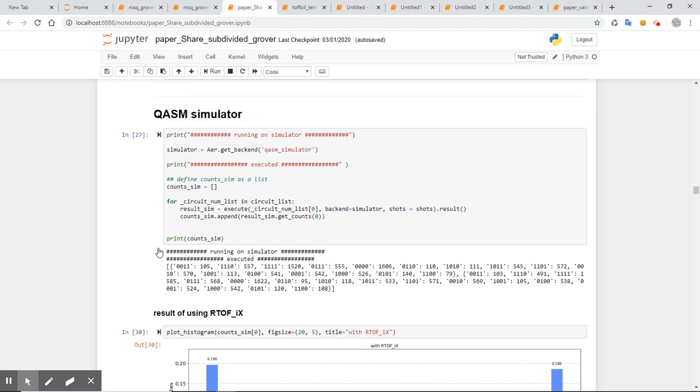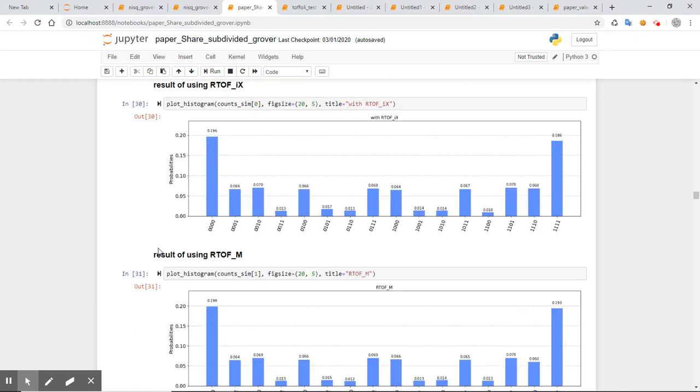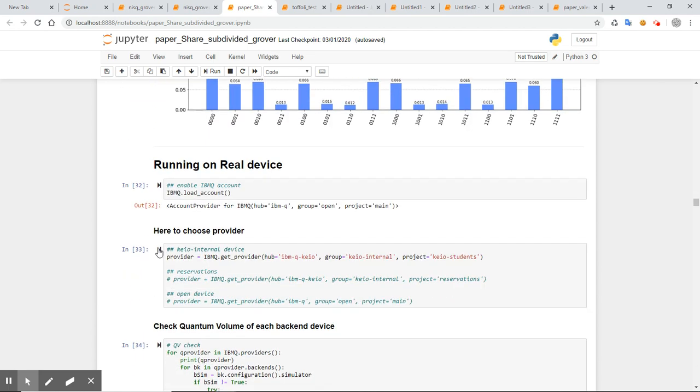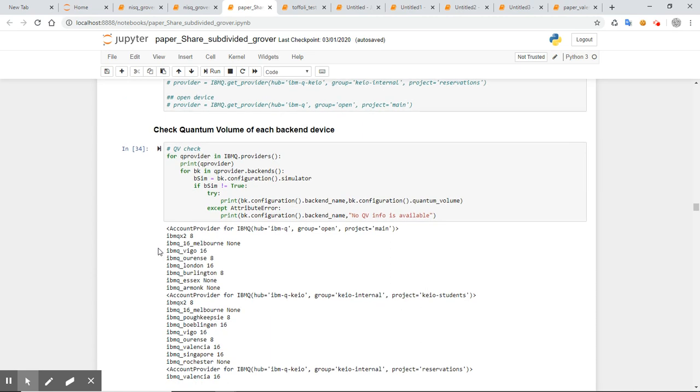QASM simulator, and then they go ahead and do the simulations, which match. So from that perspective, I think it just works. It's just the real device didn't seem to work, but I now understand that